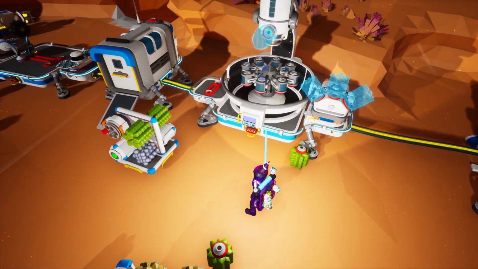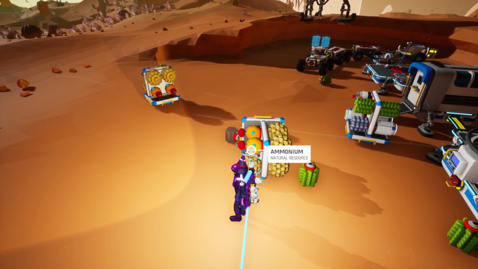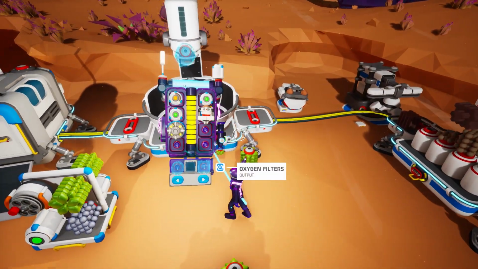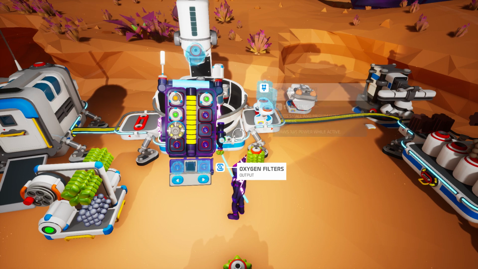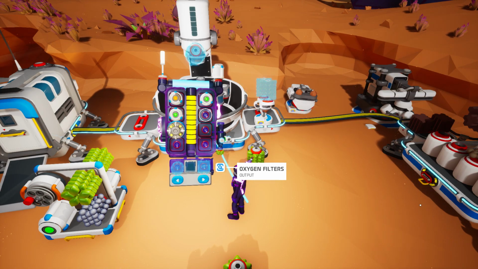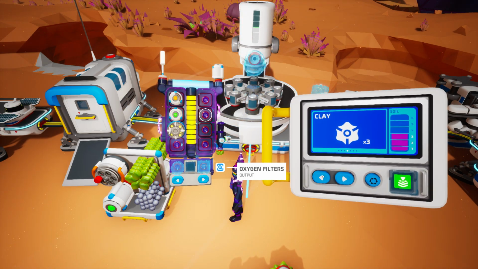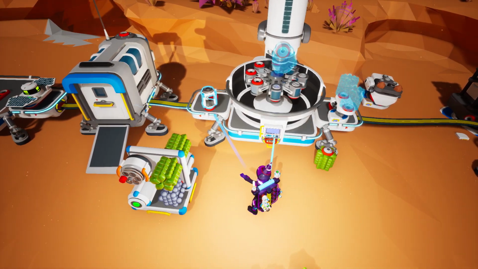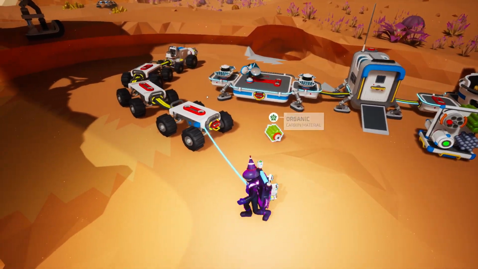And let's get some more medium. Where's my small printer gone? Still on there. Medium storage. That'll allow us to carry a bit more aluminum back